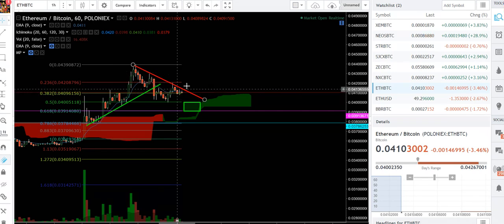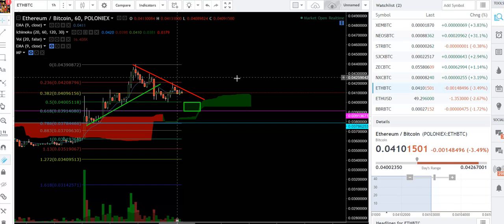If you know what I mean, if this thing comes out of here and tags this point right here, then we just made a high that was higher than the last high. The one before it was a little bit lower. So we're breaking that small mini corrective downtrend. So breaking the price down bit by bit by bit, guys, is really the key to success in margin trading,